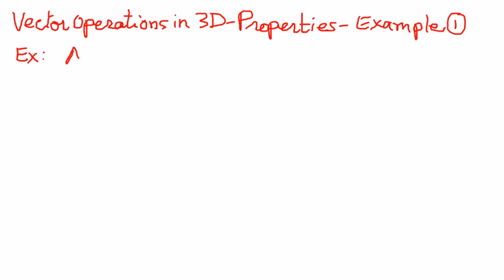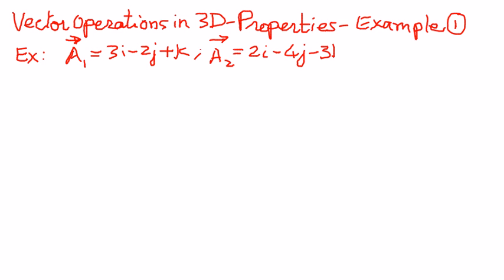If A1 is a vector which has components, let me write this a bit more clear here. If A1 is a vector which has 3i minus 2j plus k, and then if A2 is another vector which has components 2i minus 4j minus 3k, and if we have A3